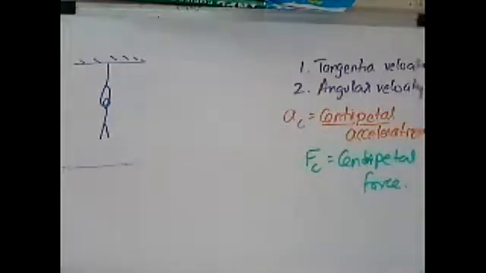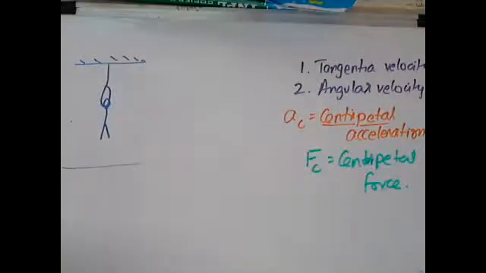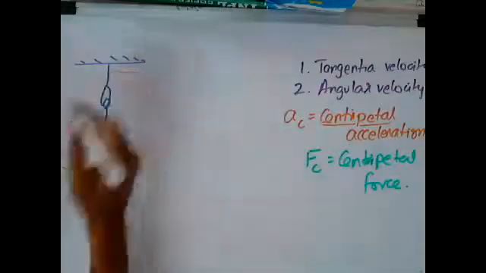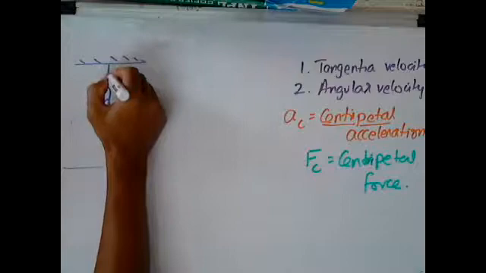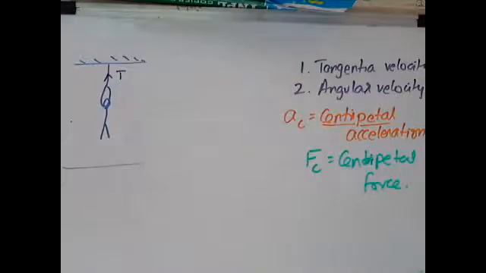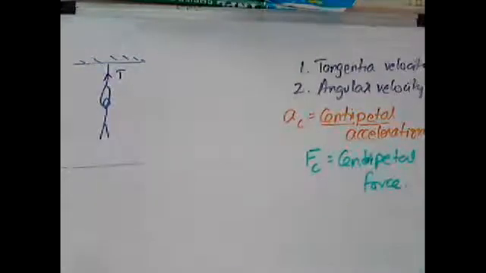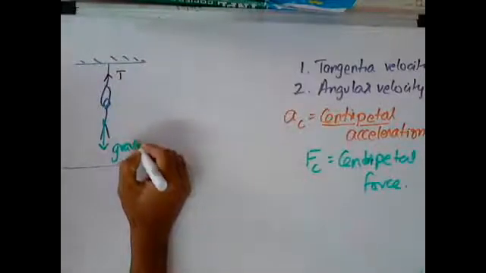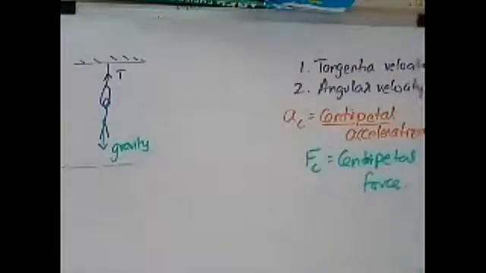Let's say we hung up, is Advay here? We'll take Advay as an example. We hung up Advay like that, with his hands, not his neck. Okay? And Advay says, yeah, I feel a force. There's a force acting in that direction. It's a tension in the rope. And I say, Advay, do you feel gravity? He says, yeah, of course I feel gravity. I said, which direction is gravity acting? It's acting in this direction. I say, very good.